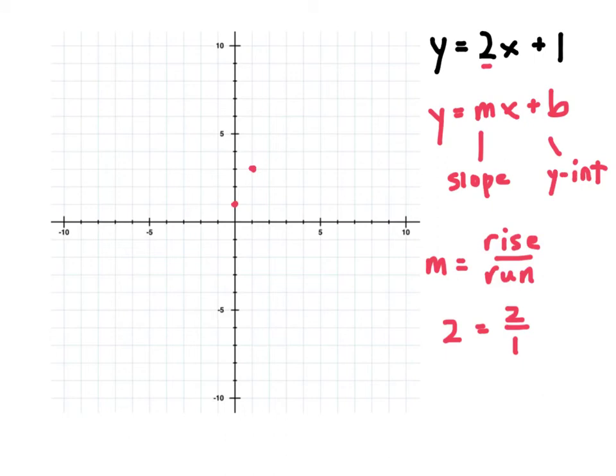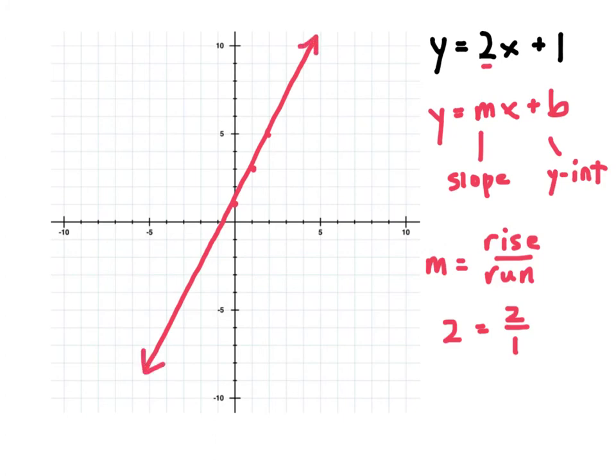I could start at that second point there. I could move up 2 units, 1 unit to the right, and plot another point there at (2, 5). And then what I can do is, because these 3 points all line up in a straight line just like they should, I can draw a line connecting those 3 points together,